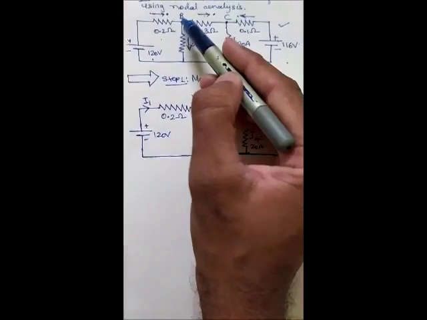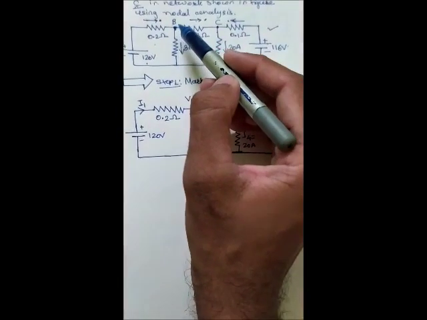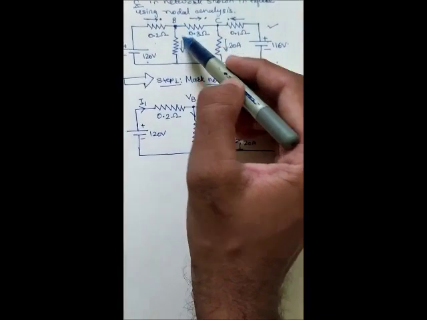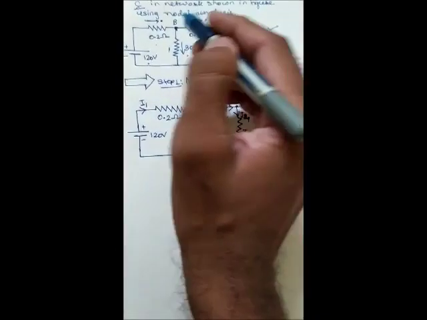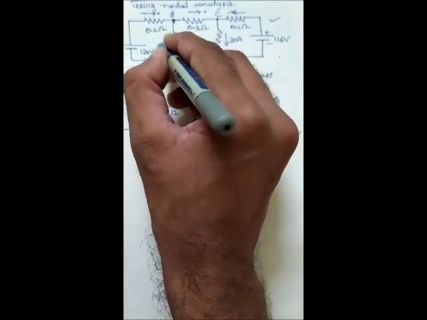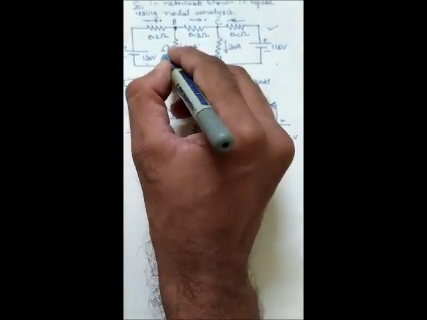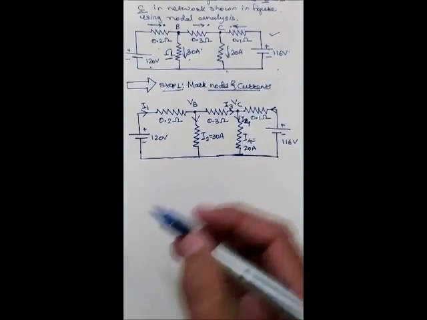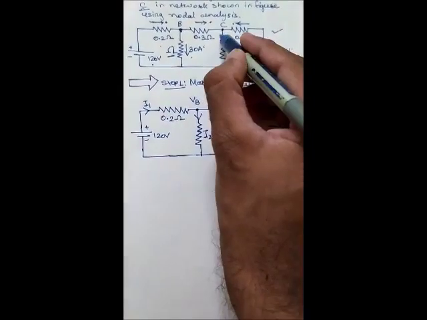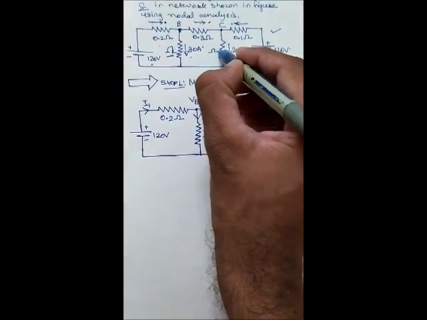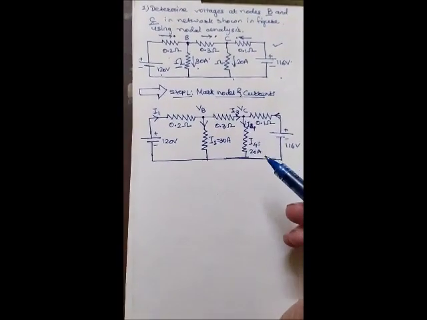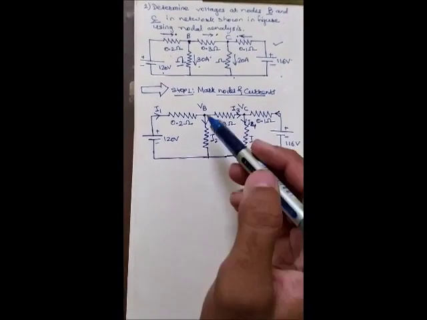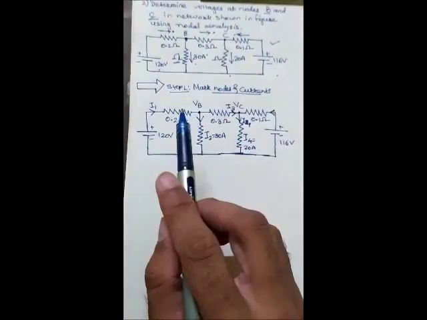And at this node point B, the current is divided, and the 30 ampere current is flowing through this unknown resistance. No resistance value is given to us, this is just in ohm, but the value of this ohm is not given. This is 20 ampere current flowing from node C to this unknown resistance again, and with this data we have to find out the node voltages at B and C.